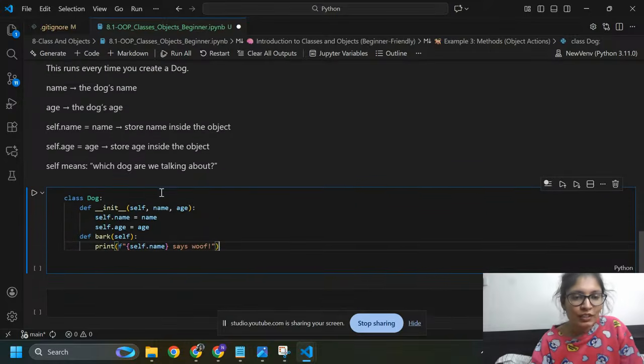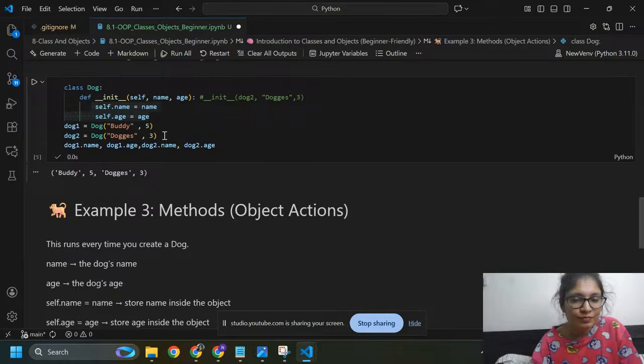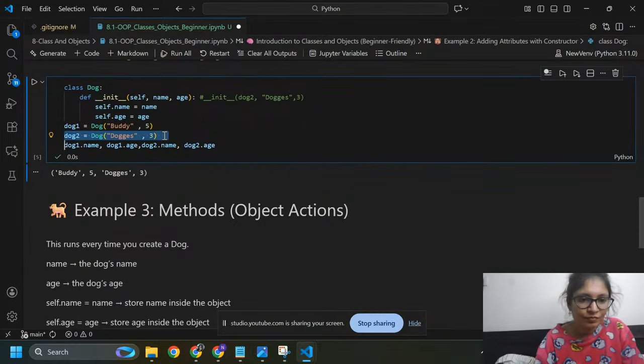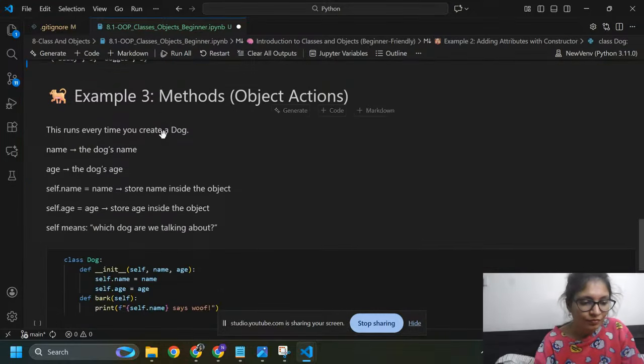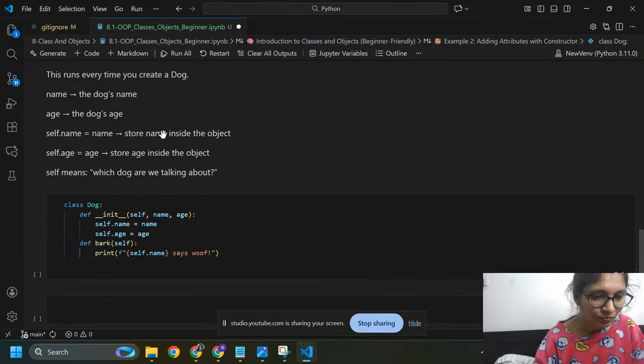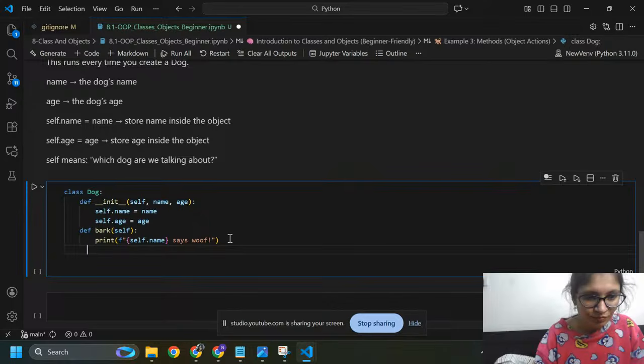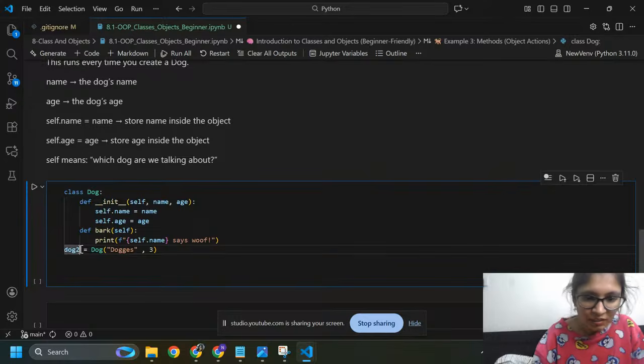Now I am going to create an object, so I need to copy from here. This is the object dog_bun.